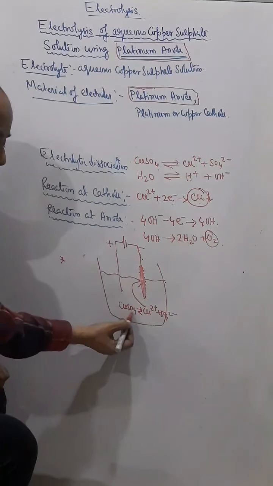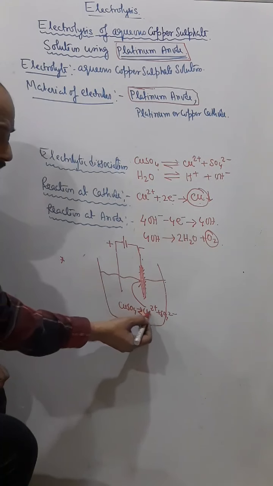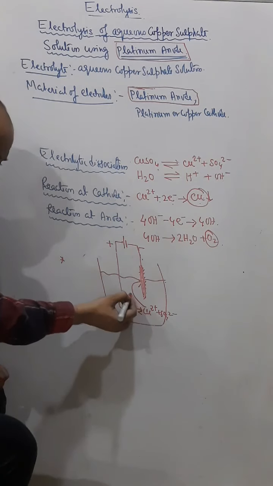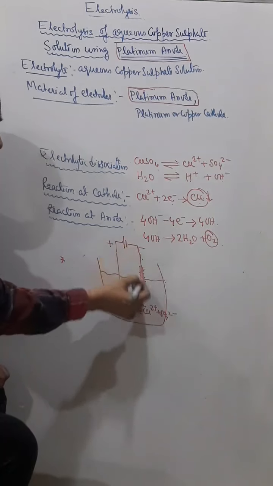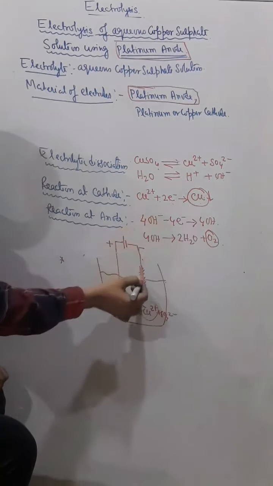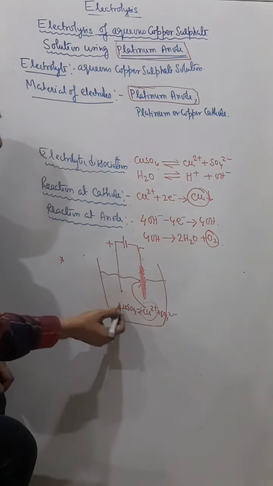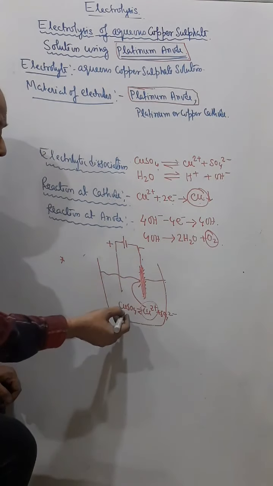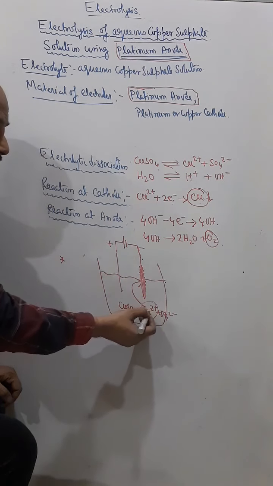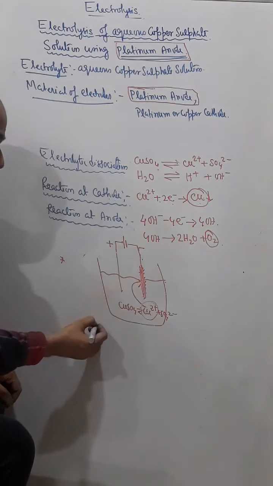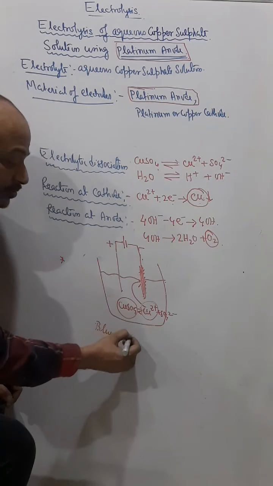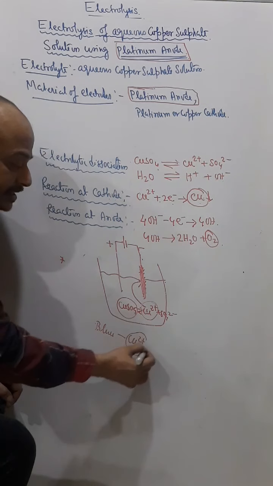So you can understand copper sulfate is constantly dissociating into copper ions, and these copper ions are going to the cathode and becoming neutral and forming reddish brown copper metal. So ultimately as the reaction progresses, the copper sulfate is splitting into copper ions and these copper ions are getting discharged, and the blue color in the copper sulfate is due to this Cu2+ ions that are present.